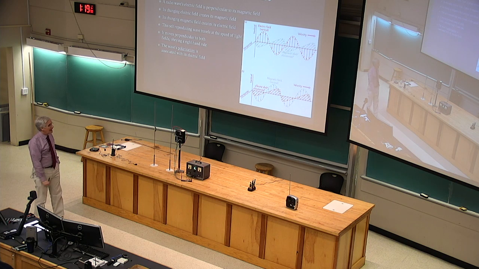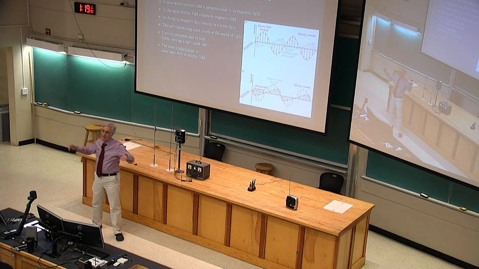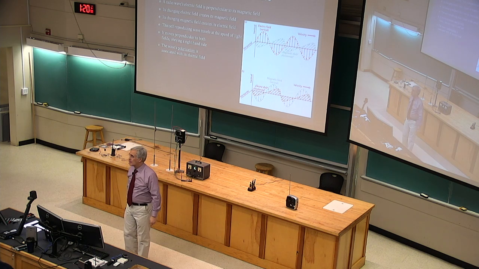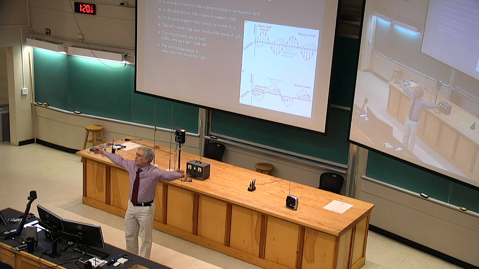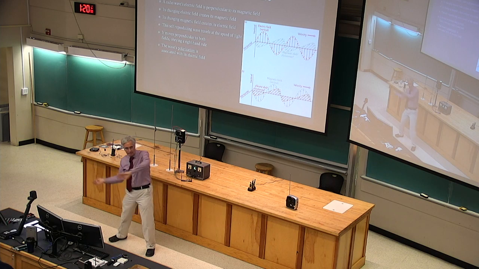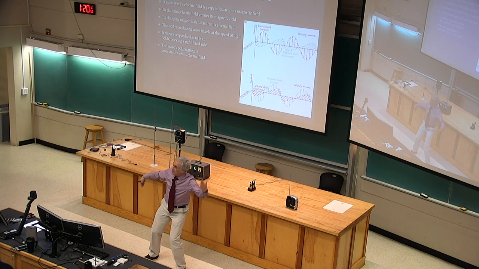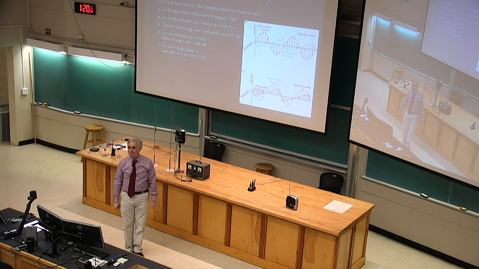Okay? And actually, 100 million cycles per second is part of the FM band. So FM radio includes frequencies like that. And the wavelength of FM radio is about 3 meters in that vicinity. All right? I can't quite reach the full length. It's a little longer than my arm's reach, the wavelength of an FM wave. If it was zipping by and we went to measure it, here's one crest, I'd have to walk a little bit over here. Here's another crest. Okay?